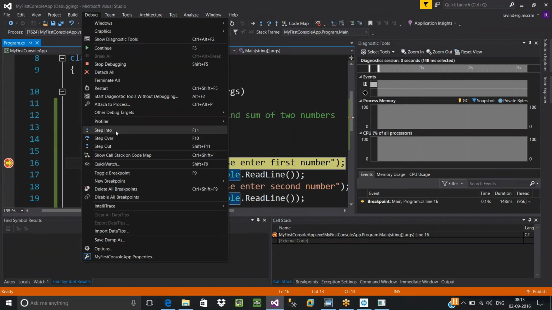If you press F11 and there is any subprogram call, immediately the control will go to the subprogram, and there also you will see line by line execution. If you think there is no issue in the subprogram, and I don't want to go into that, I want to go to the next line, in that case make use of F10. Later we'll see more about it.